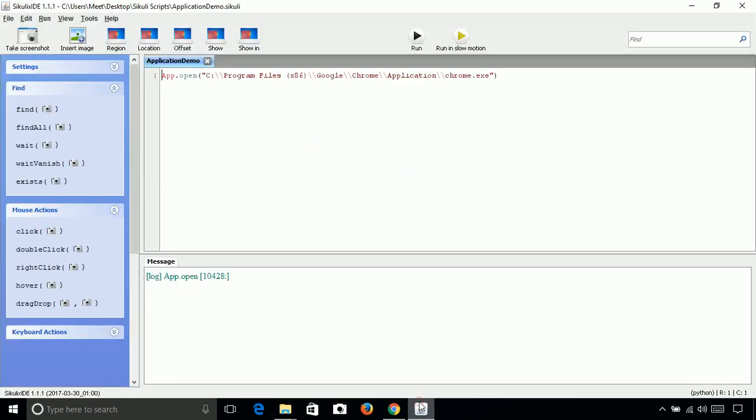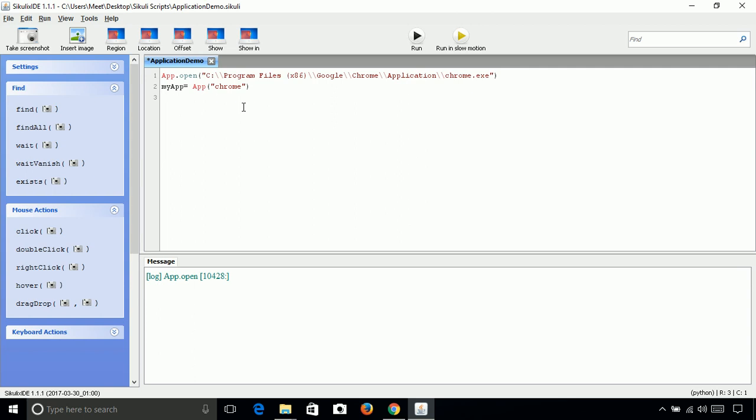We can also define an application in a different way. Now let's call a variable my app and then define the app Chrome. So the Chrome app is stored in my app, and we can use different methods on this variable.